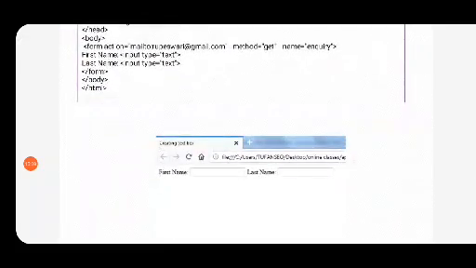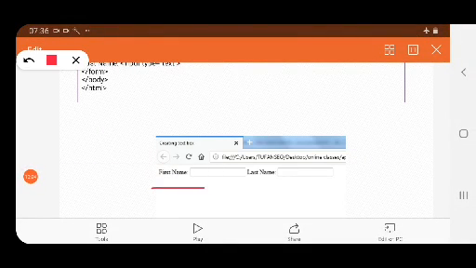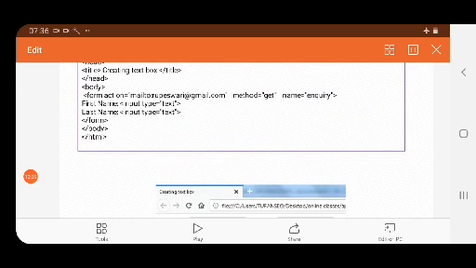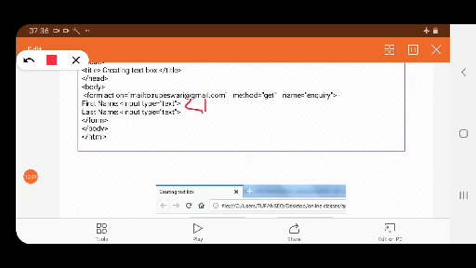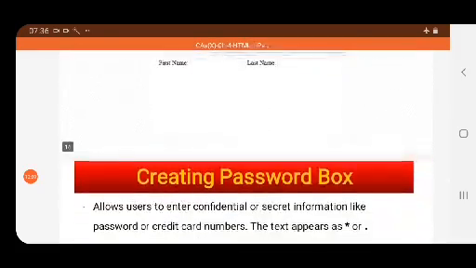Just see, we have got the text box over here. Since we haven't put any BR tag, that's why they are coming in a single straight line. If we give a BR in the code over here, then it will go to the next line. I hope creating text box is easier to all of you. You can create it.